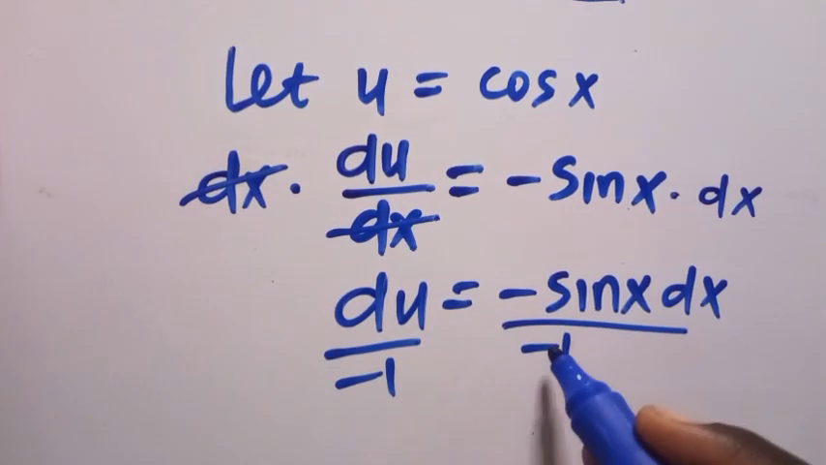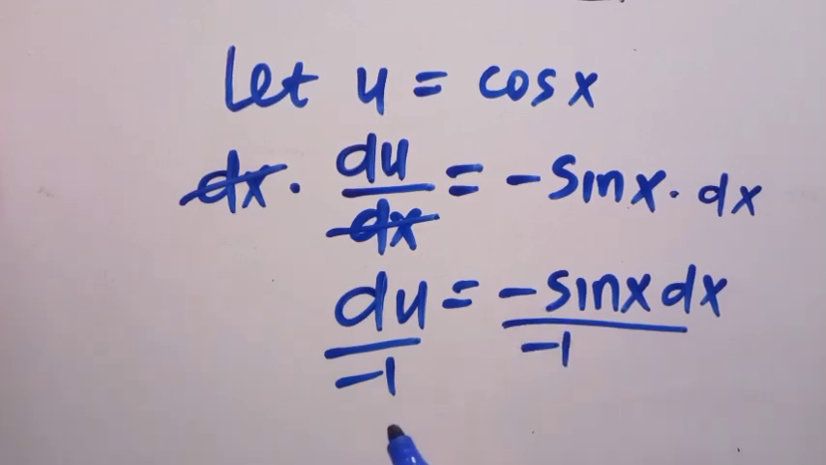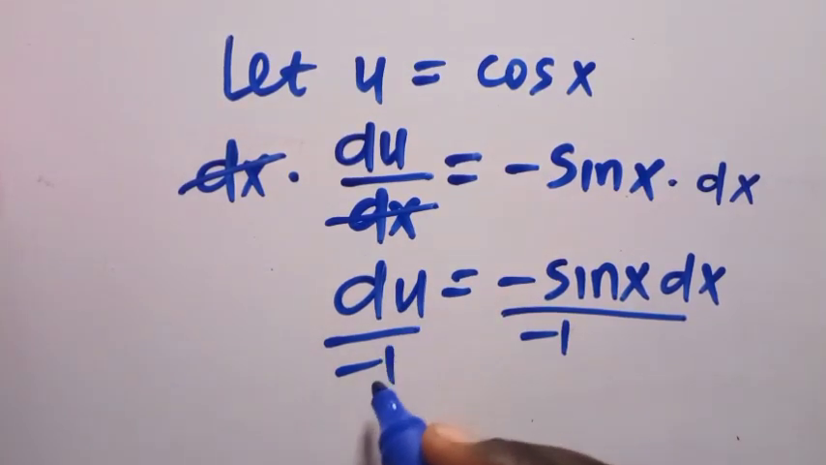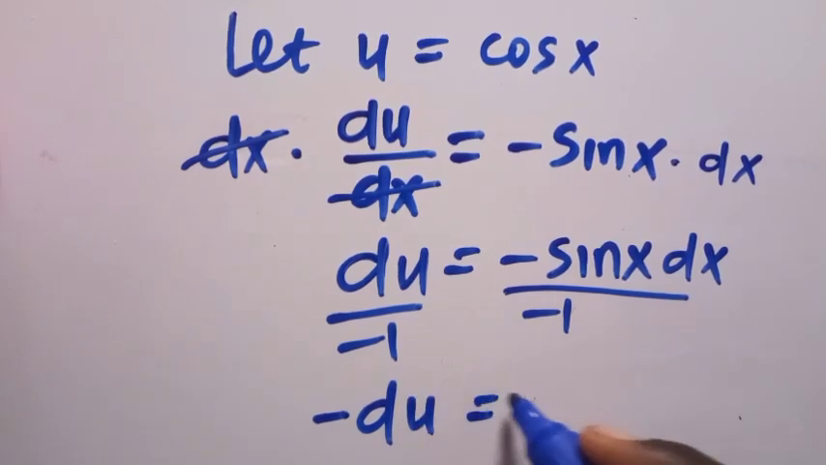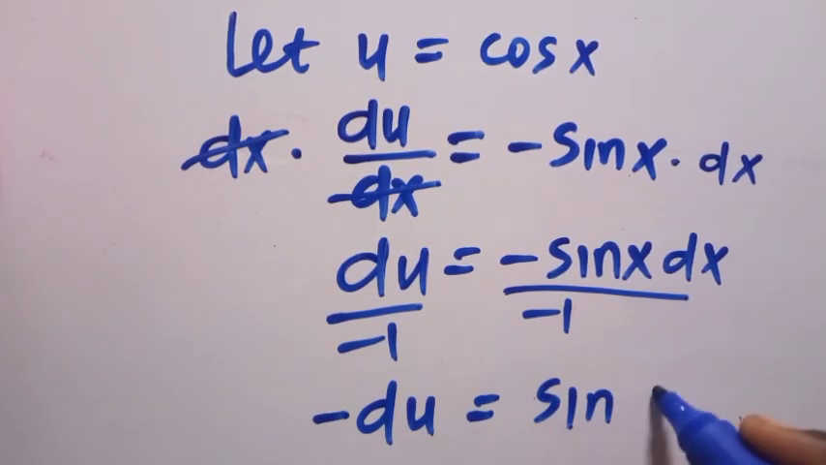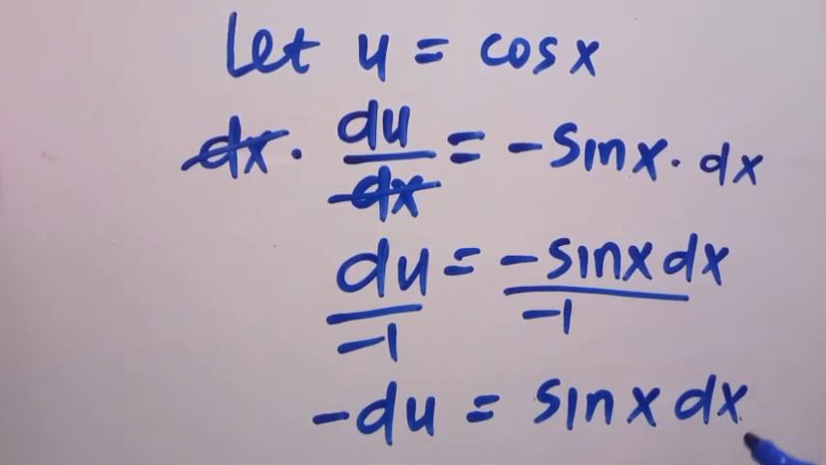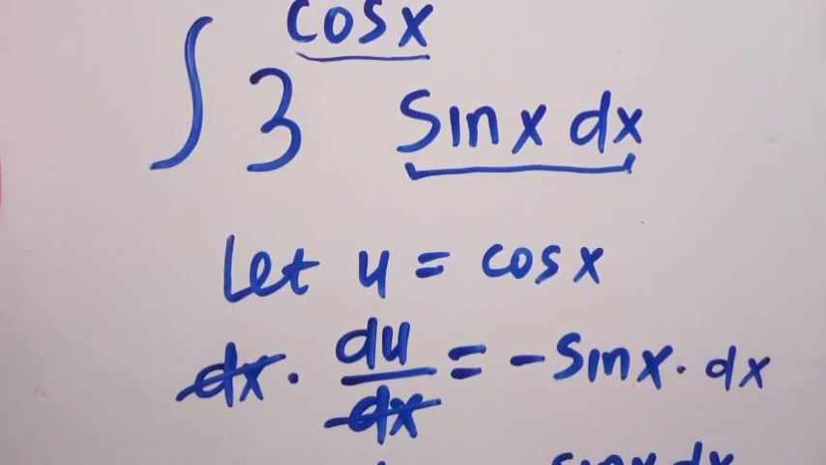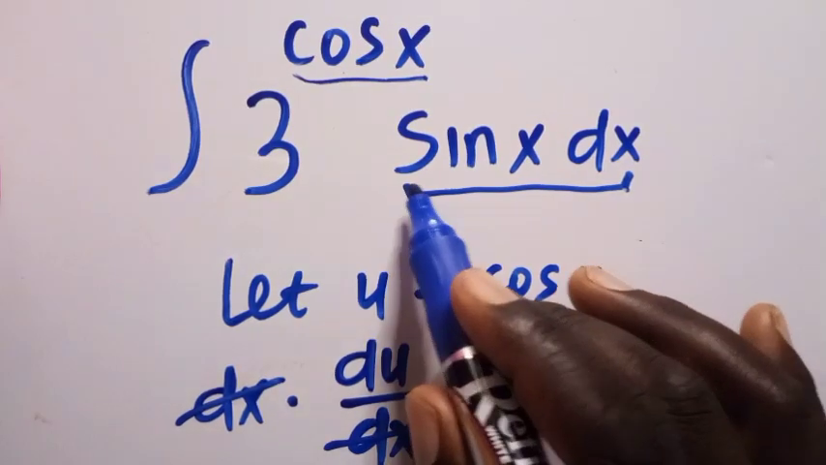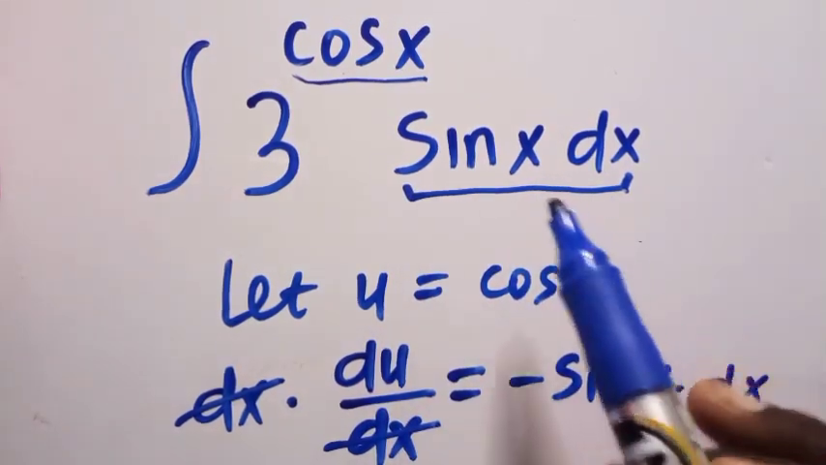And at this point, negative and negative cancel, and therefore du divided by -1 is just negative du, which equals sine x dx. Now, I have sine x dx in our question. Therefore,